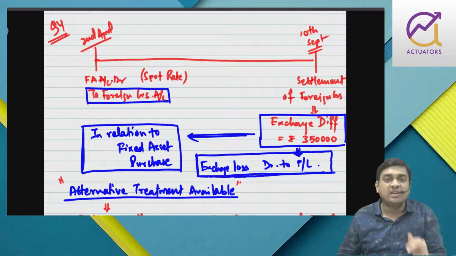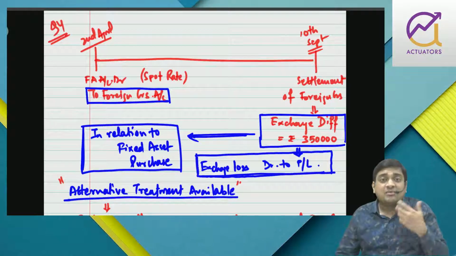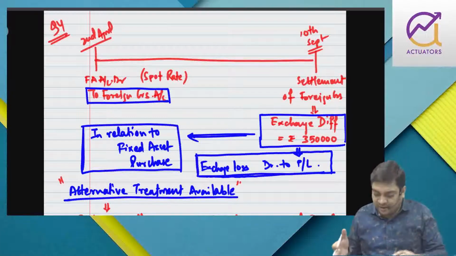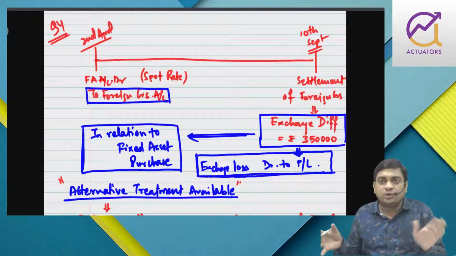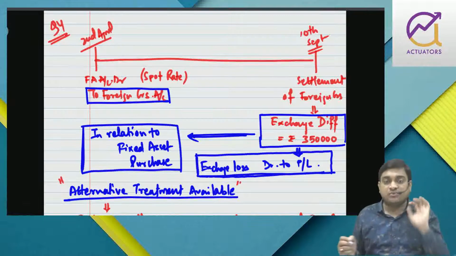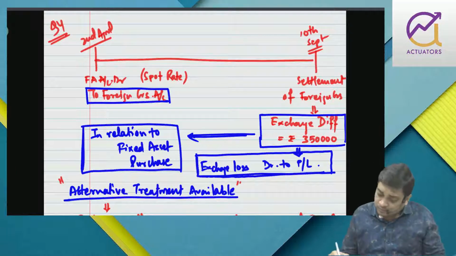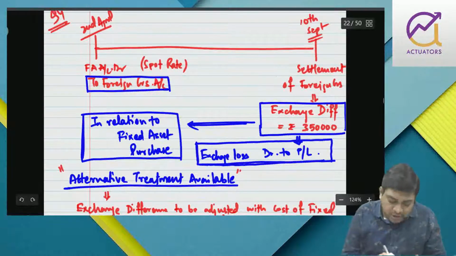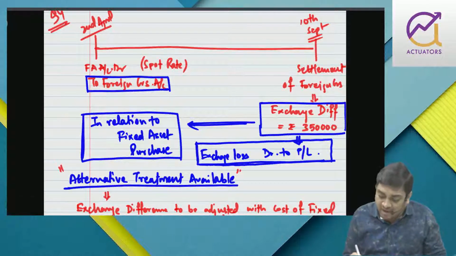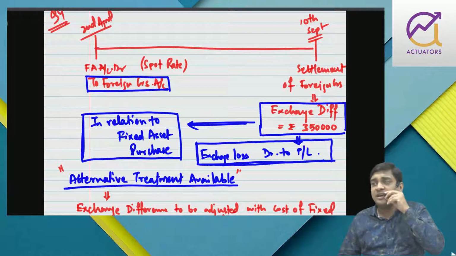You all might have done accounting standard 1. Whatever accounting policy you are following, the fact must be disclosed. So you are following a different type of accounting treatment. Usually exchange loss will be debited to PL, exchange gain will be credited to PL. However, if exchange difference is in respect of fixed asset purchase, you are revaluing foreign creditors only. You haven't revalued your fixed asset, because this fixed asset is non-monetary. Only monetary items are revalued. Right? We revalue only monetary items.